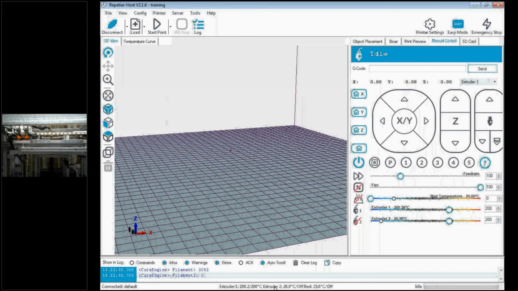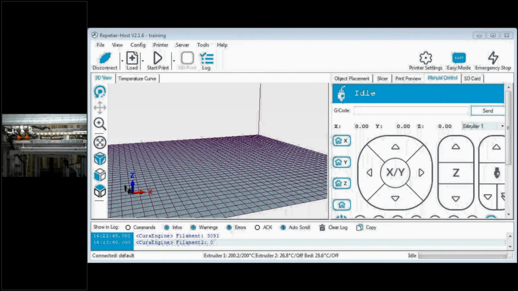Once again, this is my initial home position for the extruders. Your extruders can be moved based on the manual control. You can see the control here, and we can move the Z also. So here I'm lowering the bed for applying glue. It is not necessary to apply glue for all materials. If you are not going to heat the material, then you can apply glue, no problem. This is based on PLA, a polylactic acid kind of material.